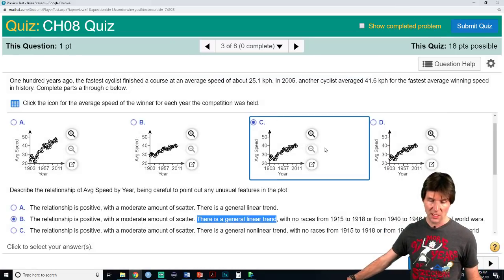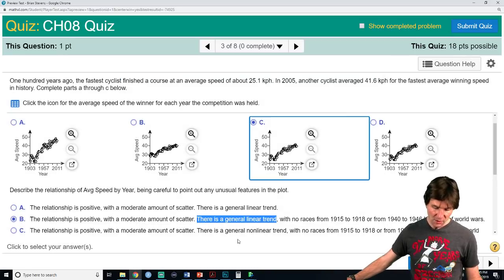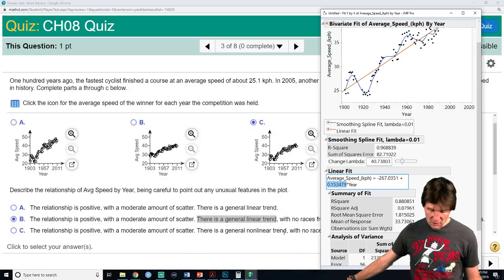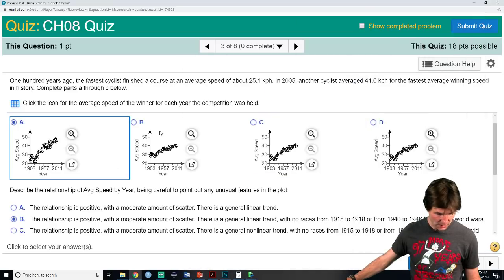This would not be an amazing test question because it's a little hard to say, is that linear? And the answer is kind of. And so the kind of ones are the harder ones. We do have ways of analyzing this data.